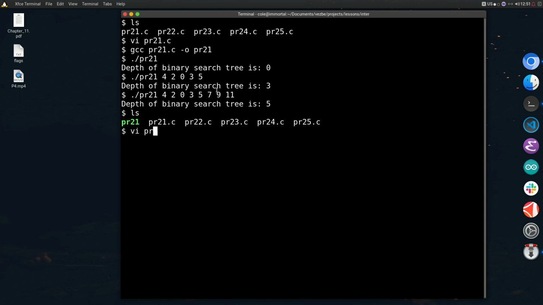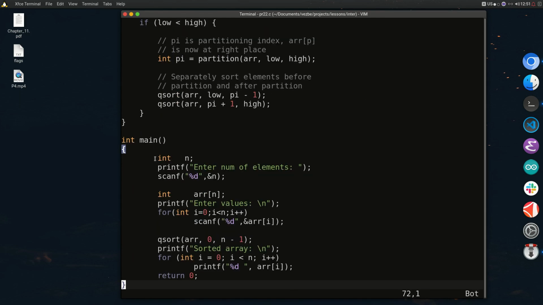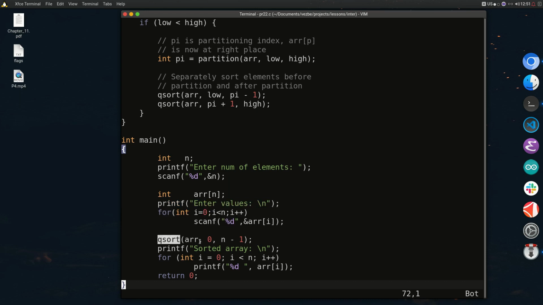Okay, let's jump on the problem number 22. Okay, so sort array with quick sort and read numbers for the array from the standard input. Okay, so here is our main function. I will read the n number of elements, the number of different elements for the array. Then I will read the values for the array, and then I will call the function quicksort, and then I will